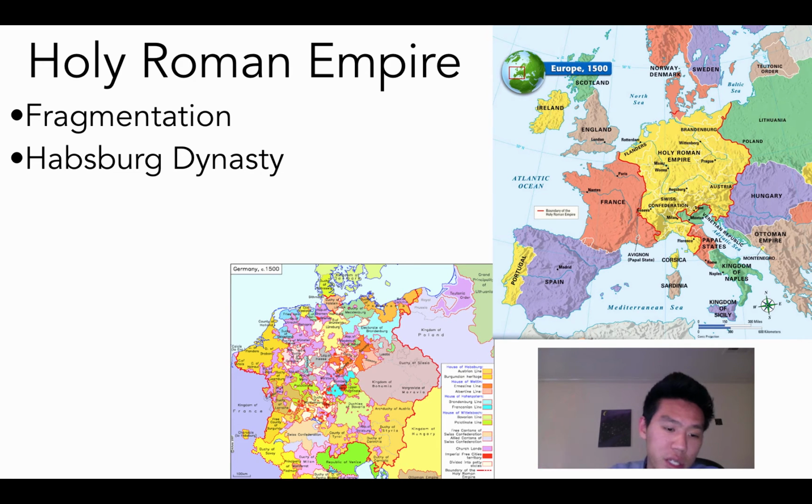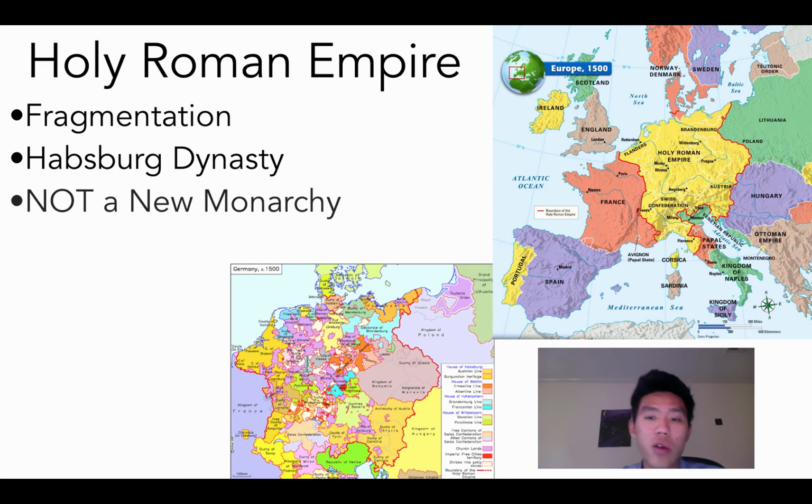For like 400 years. One thing to know is that the Holy Roman Empire was not what we call a new monarchy, because the emperor himself did not have central power. There was no central government. He was the emperor of that whole empire, but he didn't really have any great powers and authority to raise taxes or have his own army,